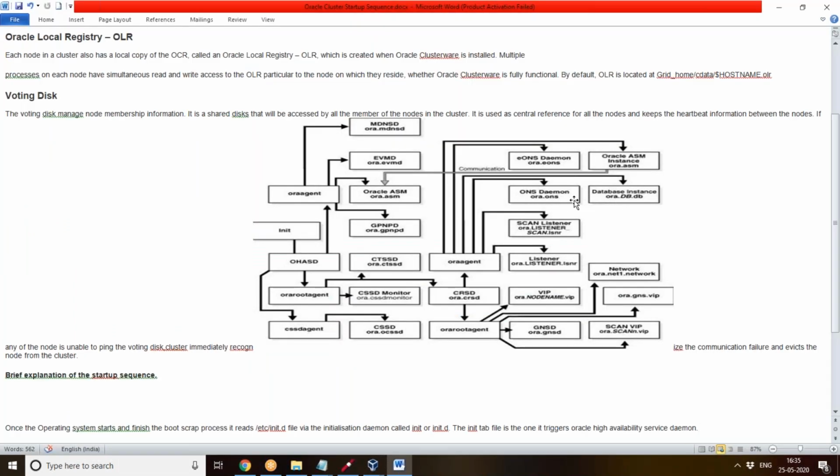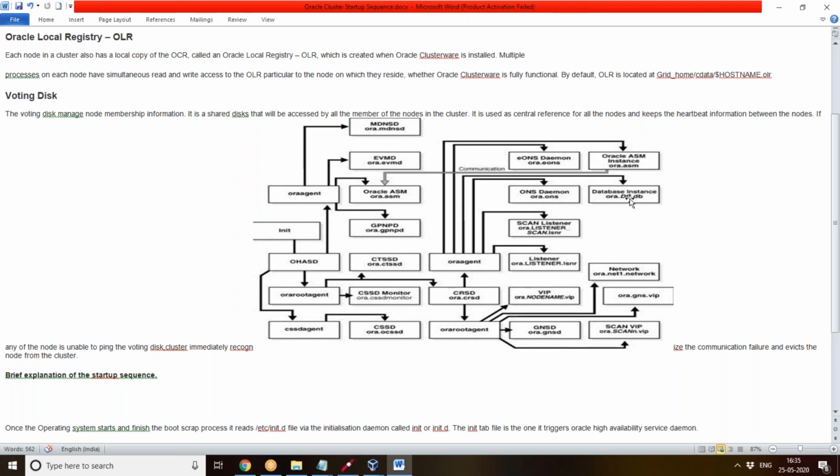ONS means Oracle Notification Services. It is offering services like our email service. We can send the emails from the applications through the RAC nodes, as well as SMS, messages, emails, all those notifications. It is used for that, as well as between the nodes, it will give that service, to send mail from one node to another. Fine. So that is ONS with enhanced features. You call that enhanced Oracle Notification Services.